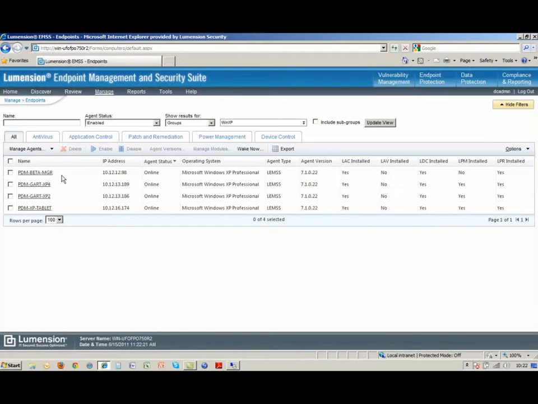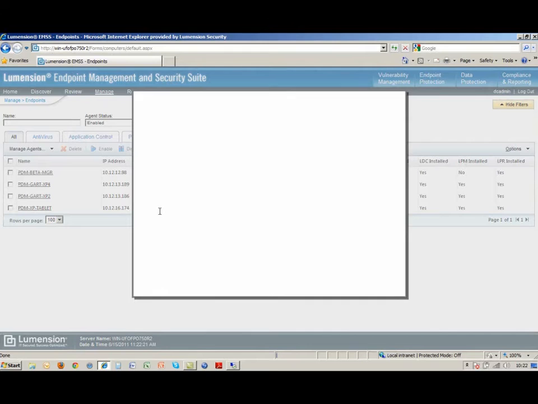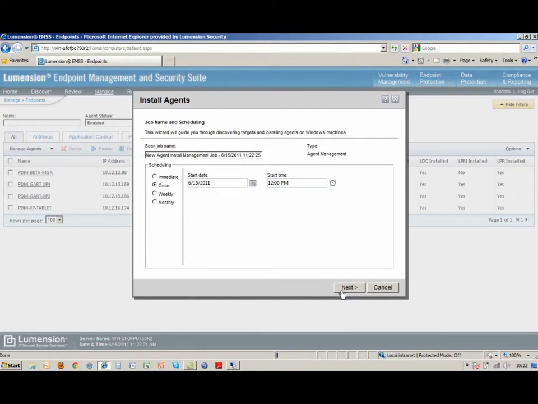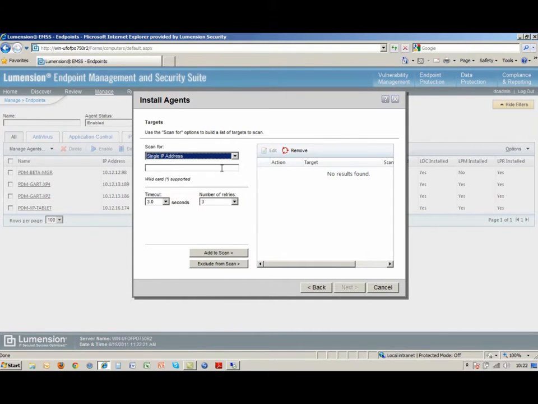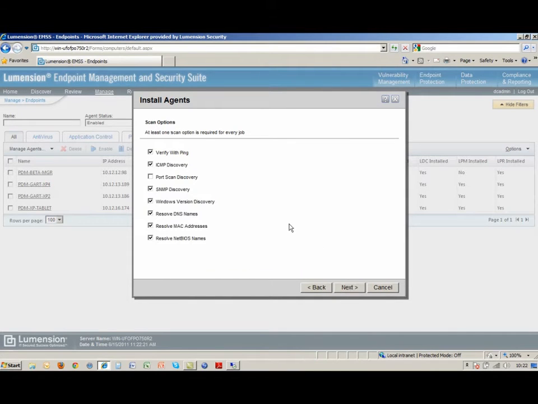So in order to get visibility out there, what we first need to do is install the LEMSS agent with the device control module out on that endpoint. So I'll use the integrated agent management job here to specify either a single computer or a group of computers, an IP address range, several different options I have for defining where I want these agents installed,